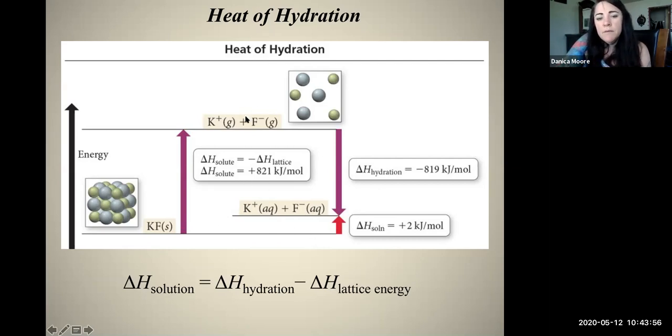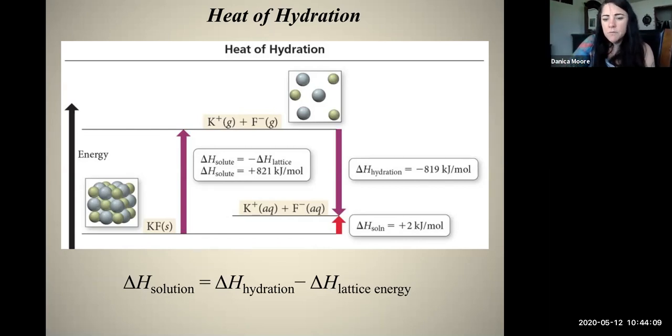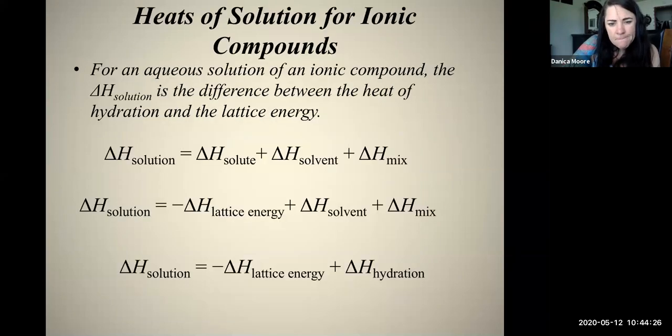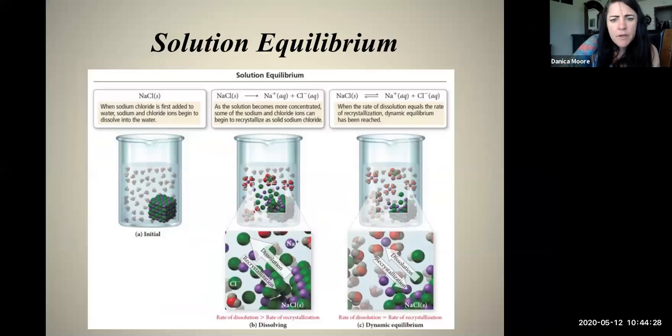Okay, so then when we combine the ions and the solvent with this delta H of hydration, we get an overall delta H of solution of positive 2 kilojoules per mole, right? So again, really, really small numbers. We talked about these ion-dipole interactions and how ions become hydrated. We talked about that in chapter 4. Okay, so,